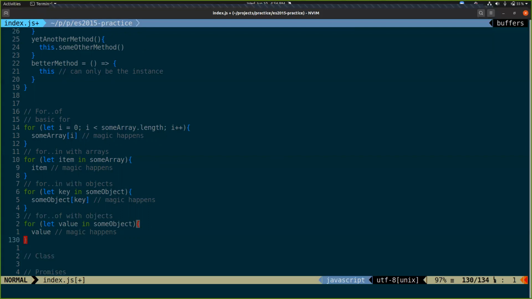We don't have access to the key anymore, but if all we need is the values, we've got for of now. Would the for of be let value of some object? Oh, yep. That's exactly what it would be.